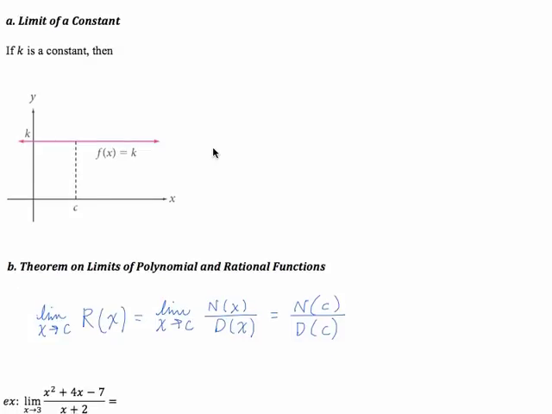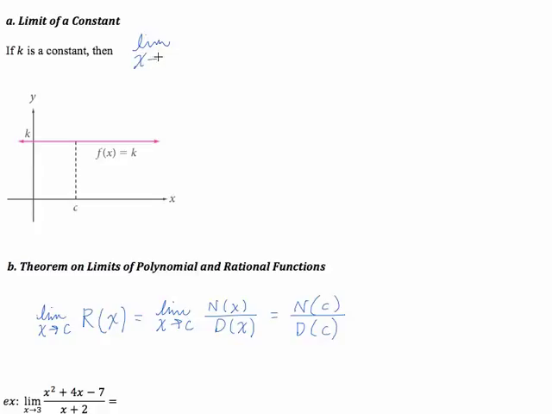In this video, we're going to look at properties of limits. The first property is a very straightforward one. It is the limit of a constant. So if k is a constant, and we're imagining the function f of x equals k here, then the limit